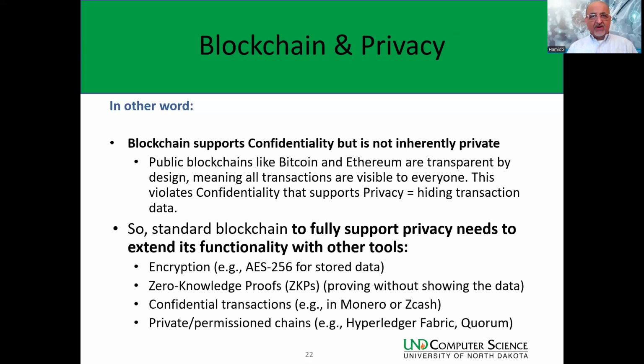I mean, that's typical, right? Encrypting the data through AES 256. Zero knowledge proof, that's another way that blockchain does privacy, by proving without showing the data. So the data is not visible, but you can prove whether this person is the right person to have that data or not. Confidential transactions, private permissioned chains like Hyperledger Fabric, and all those. So adding this to blockchain